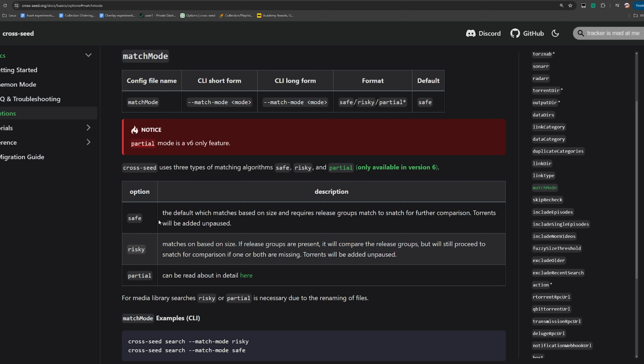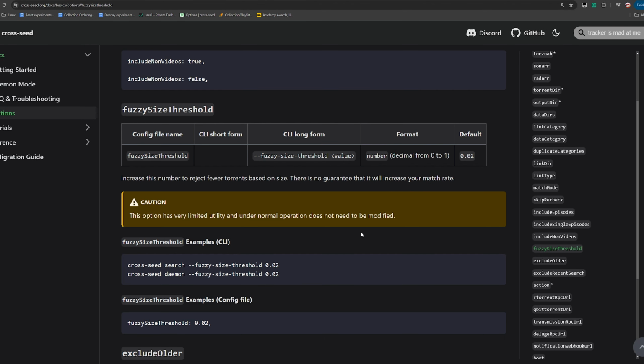Other than that, we have safe mode. Safe mode is technically the default, which matches based on size and requires release groups to match as well to snatch for further comparison in terms of candidates and searchees. Risky, however, only bases on size. If there's release groups present, it'll compare them, but it will just go ahead and snatch it anyways if one or both are missing. Remember, whether you're doing safe, risky, or partial, I myself do risky match mode, all of them look at size,